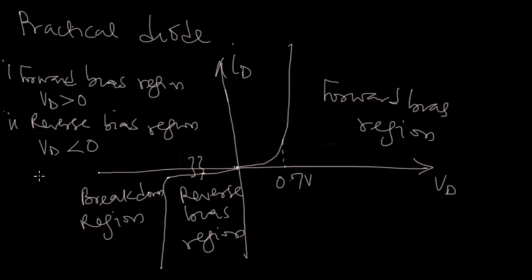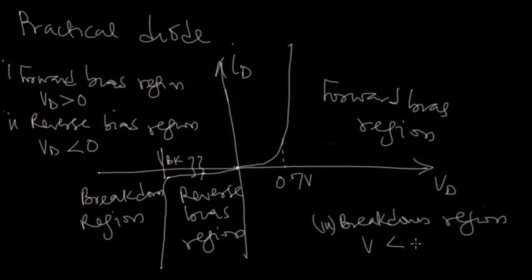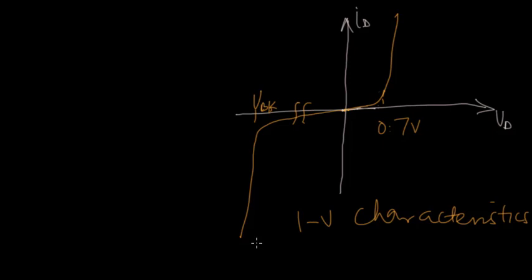In the breakdown region, this is the breakdown voltage, VBK. So in the breakdown region, we have that V is less than minus the breakdown voltage